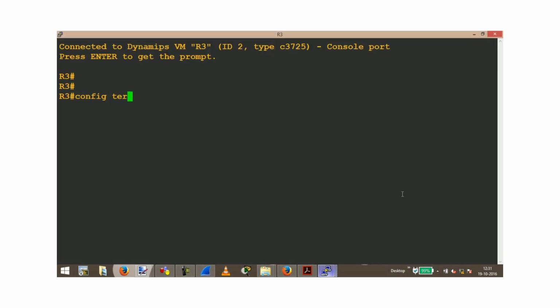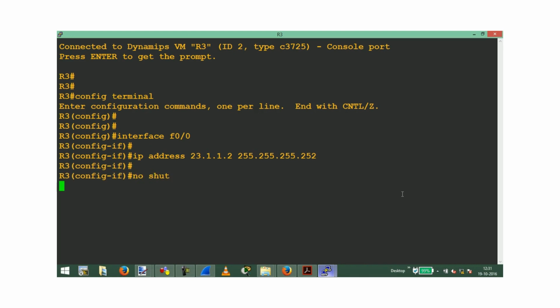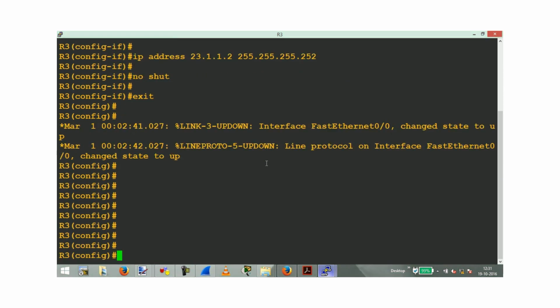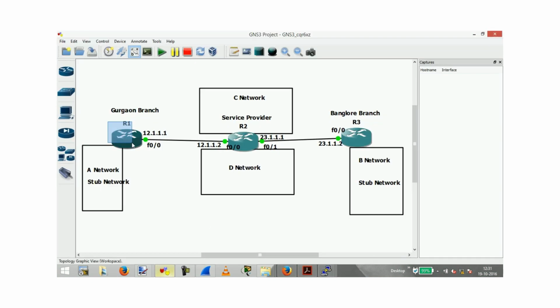So config terminal to get into global configuration mode. Interface, inside the interface, because we are trying to configure the interface, IP address 23.1.1.2 and the subnet mask that I want to configure, and no shutdown because we want to bring up the interface, because we know administratively they are down by default. When we have configured this, let us go to R1 and check